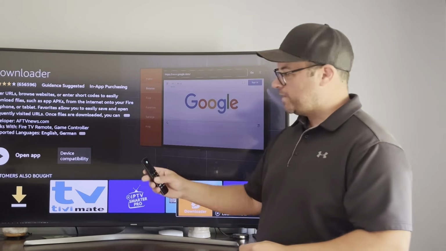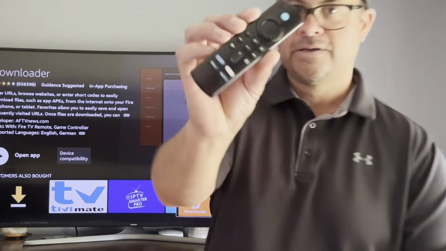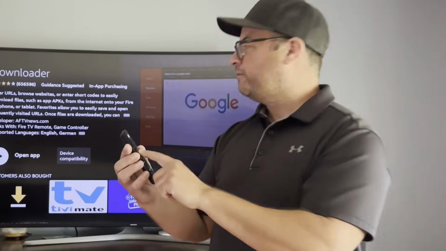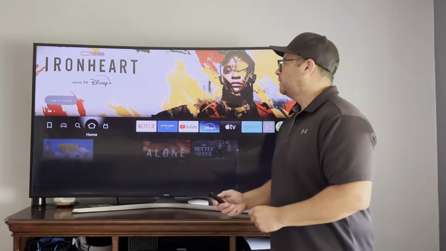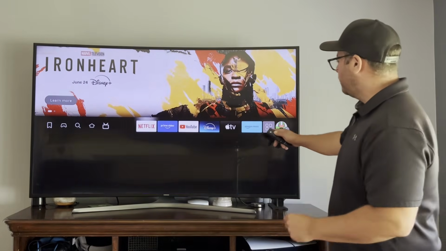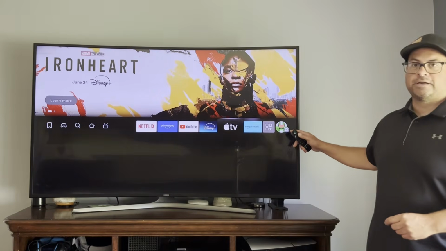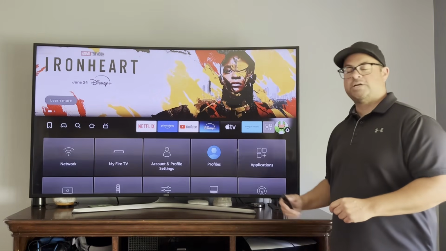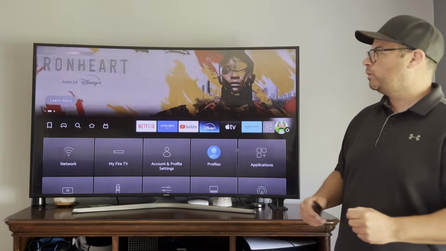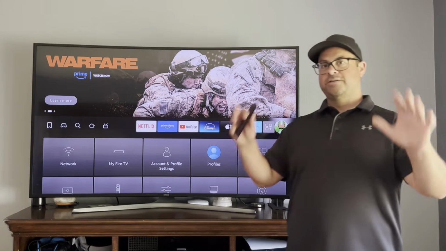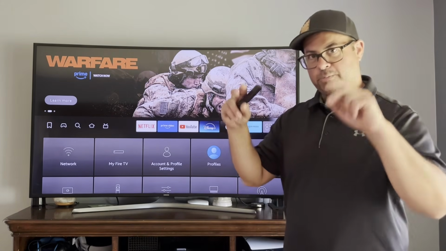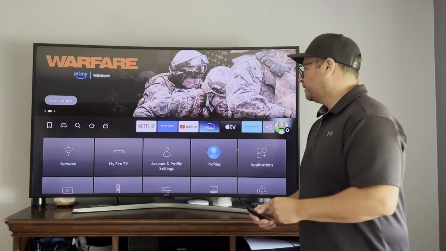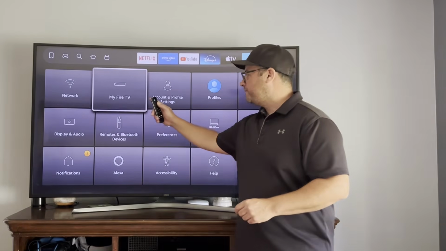Now before we open the app, use the little home button on our remote and come all the way over here to the settings icon, because we need to change one option in downloader to make all this magic happen or jailbreak our device. Here we'll come down to My Fire TV,